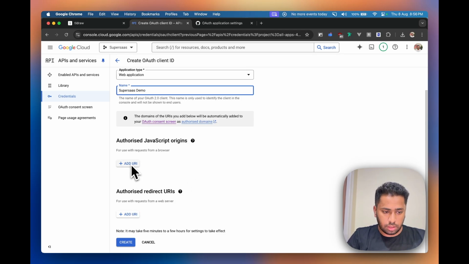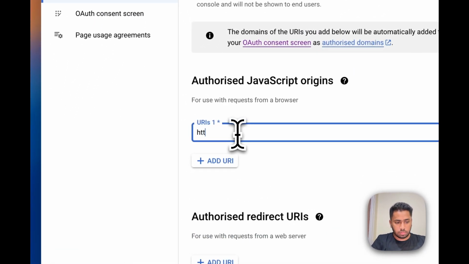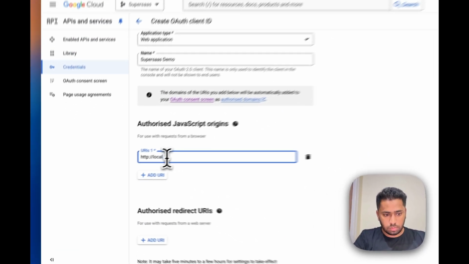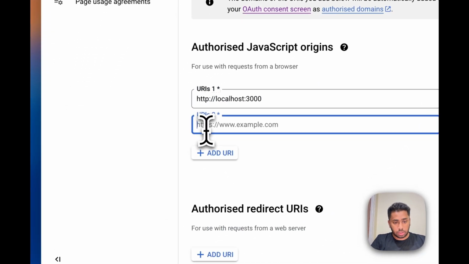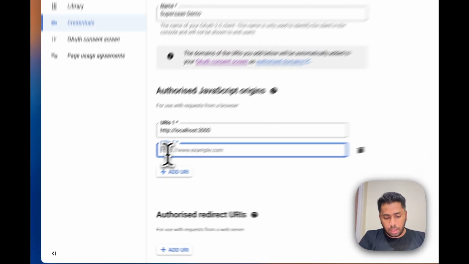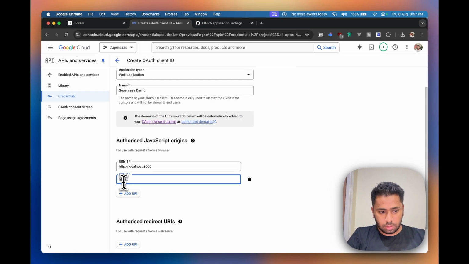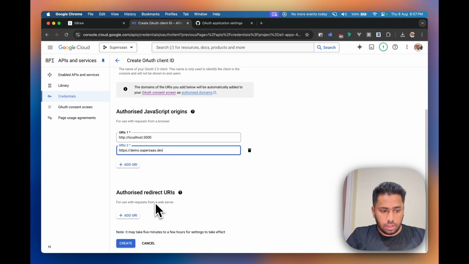Basically, this is the host. Make sure to enter localhost, and for production, make sure you enter the domain where your app is hosted. For example, for me, it's demo.supersaas.dev,